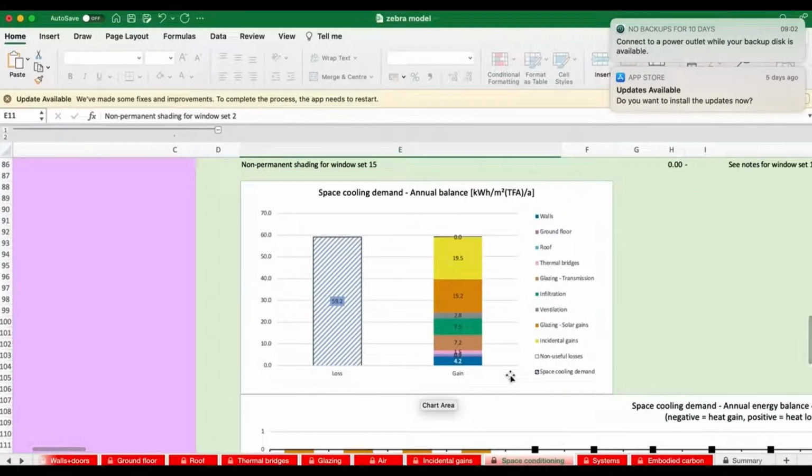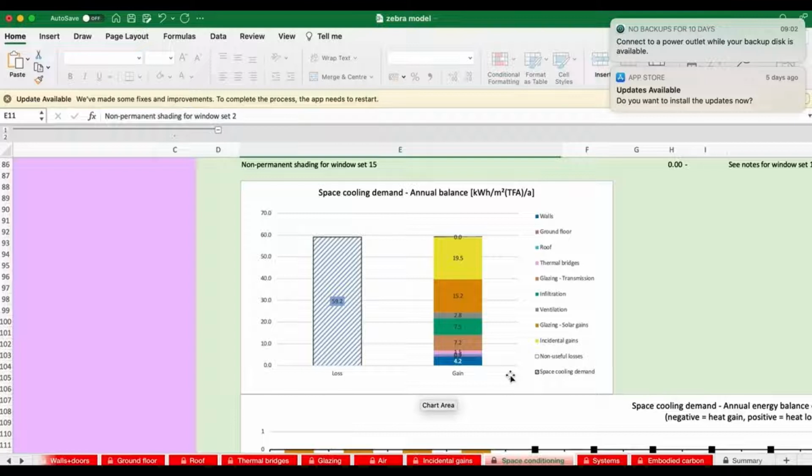And we haven't quite managed to halve the space heating demand. We've got a long way down from 104. And if we look at the gains, what have we got that's large still? Well, we still got a problem with solar gains. We can't really do much with incidental. So maybe we can think about something we can do with solar gains to reduce that. We've also got infiltration and ventilation. Well, ventilation, we need the ventilation. So there's not a lot we can do with that. But maybe we can think about a design which is somewhat more airtight.